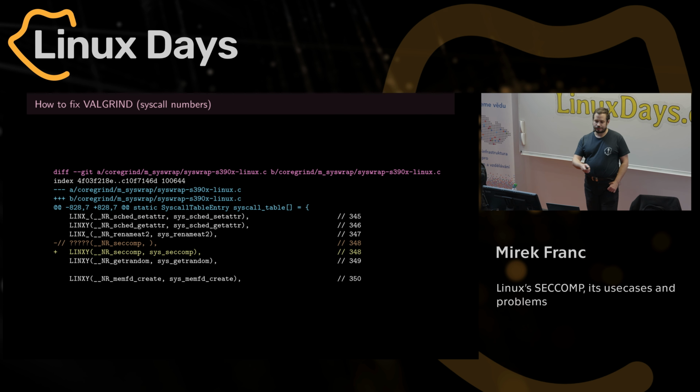Then, when you write these wrappers, you need to plug them in. This is how you do it. It's extremely simple, so I think anybody could implement another syscall into Valgrind. Actually, the trouble with Valgrind is that many syscalls are not implemented. So you run Valgrind on some binary and it fails because the syscall is not implemented, because not all syscalls are called too often. You have some weird syscalls like reboot,